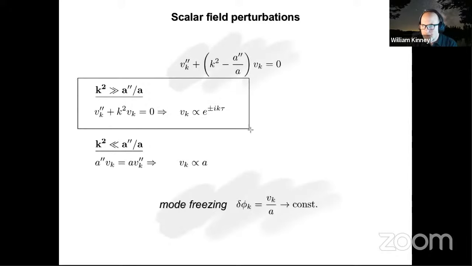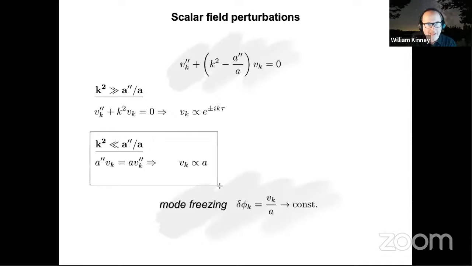So this is the short wavelength behavior. On short wavelengths, what we get, as we ought to, is bog standard scalar quantum field theory in Minkowski space. That's this limit. Now we look at the opposite limit. This is the long wavelength limit, when the mode has been stretched to much, much larger than the horizon size. We get something that's very different.